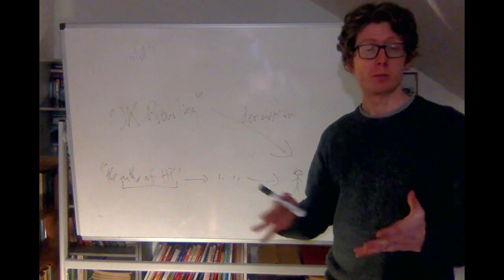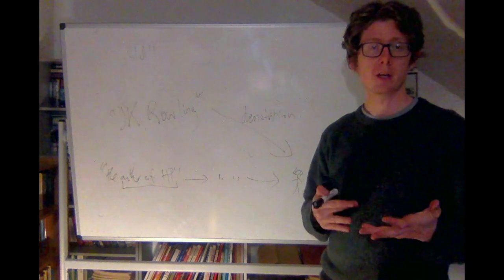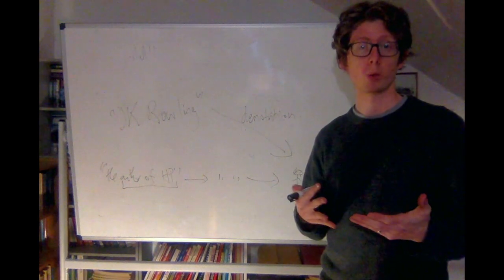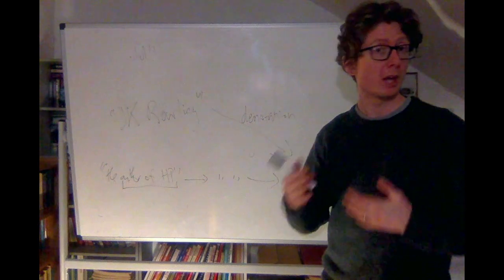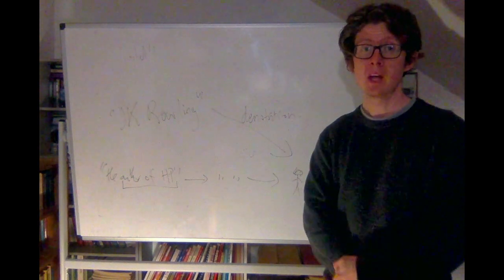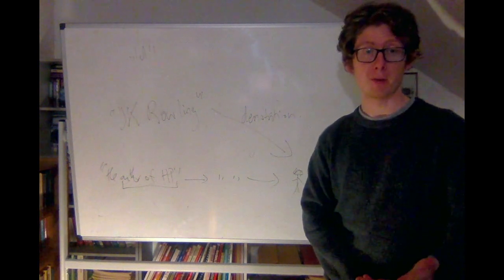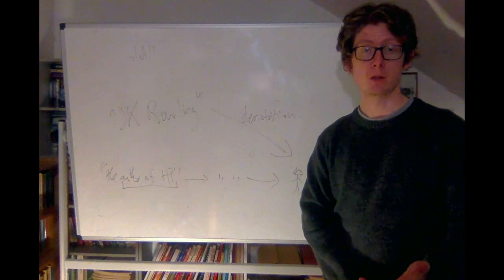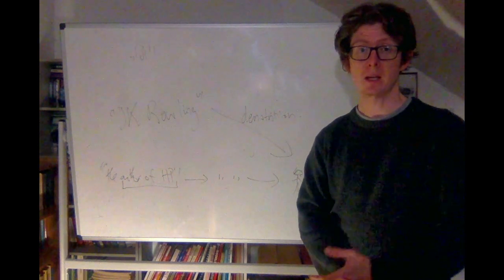So this distinction, although it's kind of vague in Mill between connotation and denotation, is going to be a super important one. It's going to come up in one way or another again and again for the next few weeks. It's going to come up when we talk about Frege, it's going to come up when we talk about Russell, and it's going to come up when we talk about Kripke.